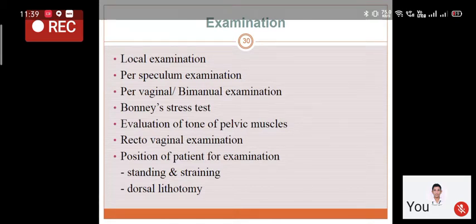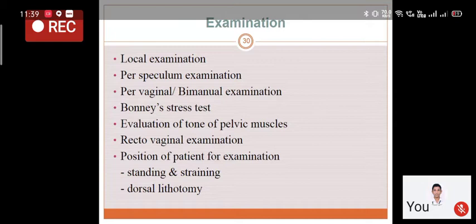If there is no leakage of urine after you apply pressure with your fingers, then it tells you that she is having a defect in the periurethral region, in the region of the bladder neck, and